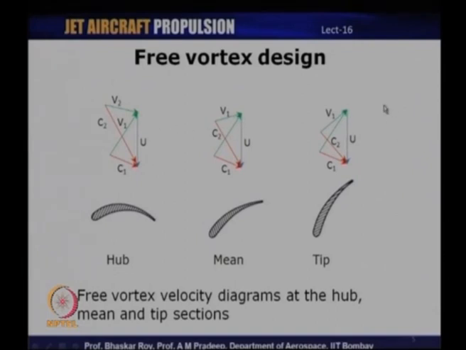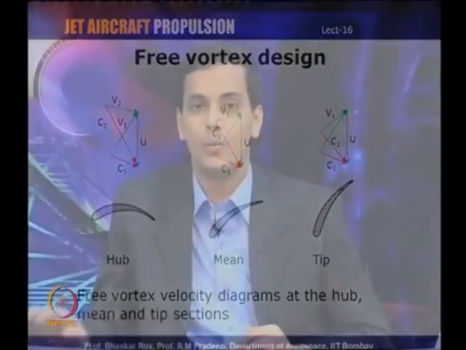quite different. And what comes out is that in most of the design processes that one would encounter, the degree of reaction approaches 0 close to the hub, it becomes very low, and towards the tip it becomes much higher than 0.5, it might approach 1, even though we are maintaining a degree of reaction of around 0.5 at the mean section. So, this is just an example of one case of how we can use free vortex design methodology to design a blade cross section. And there are of course the other variants of this methodology which we shall discuss now,